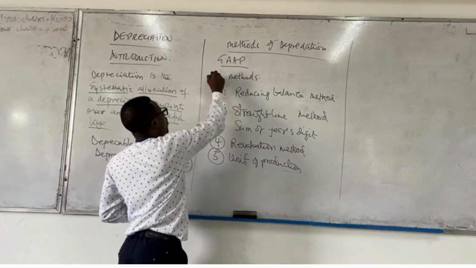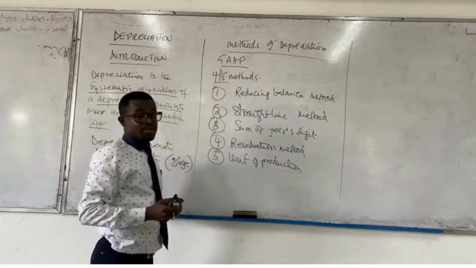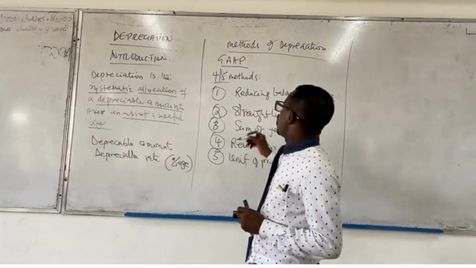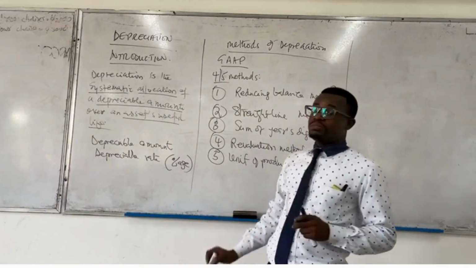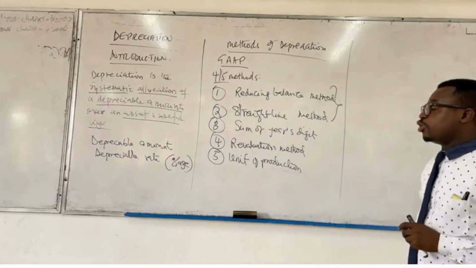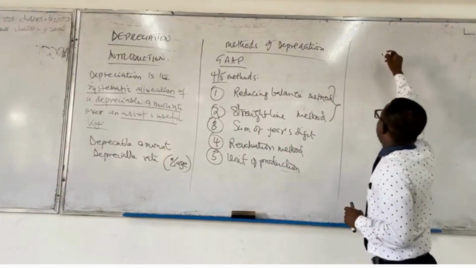So basically, 4, 5 methods. Mainly, what we will focus on today are the first 2, reducing balance and straight line method. Now we'll proceed with the factors